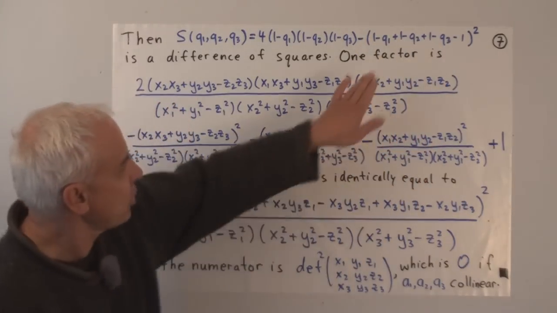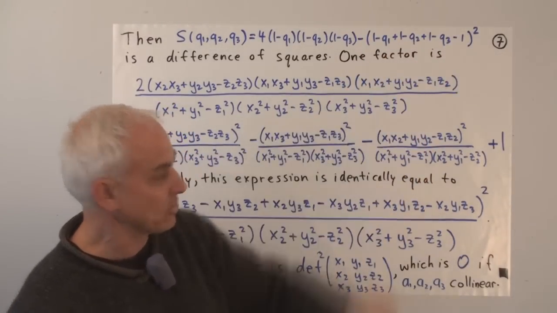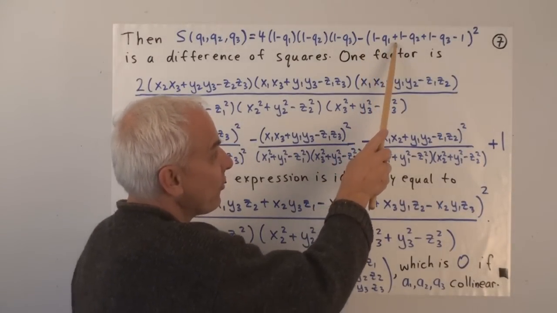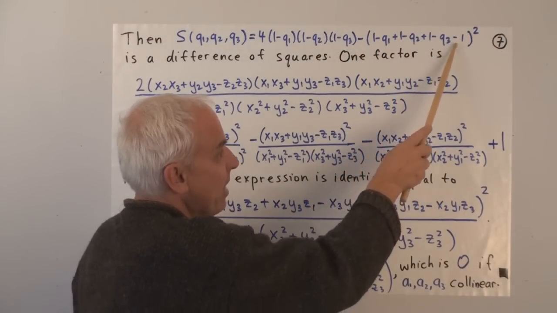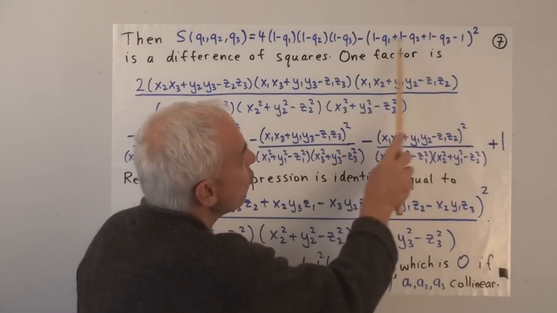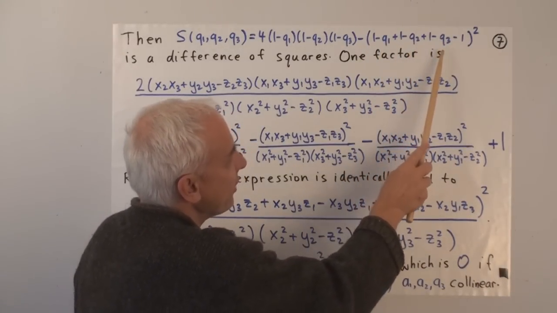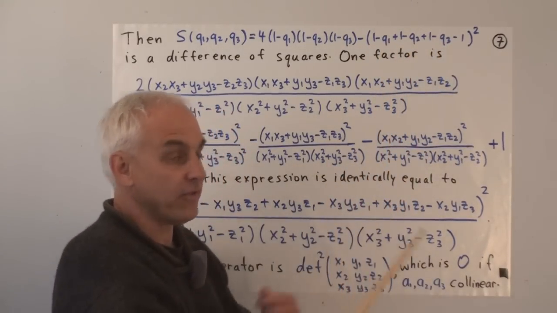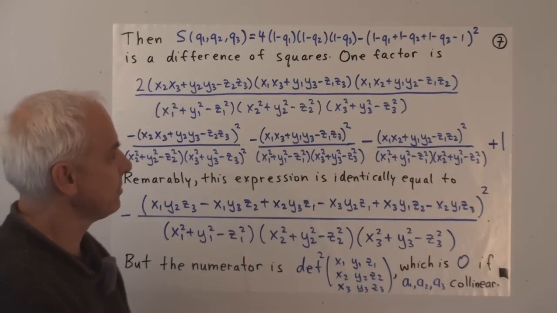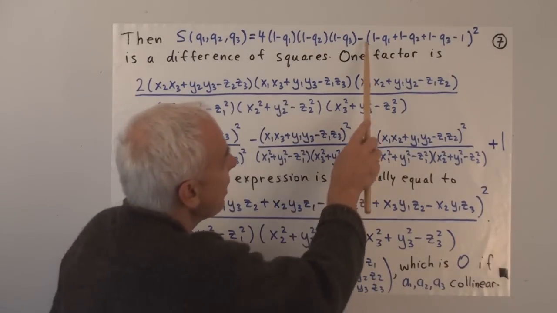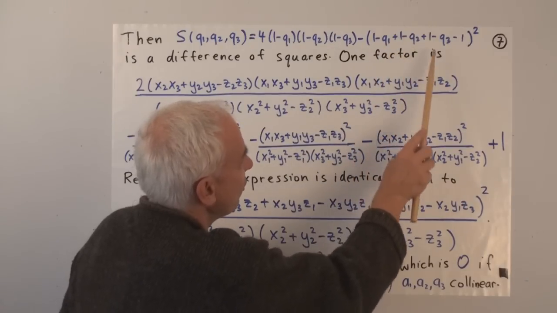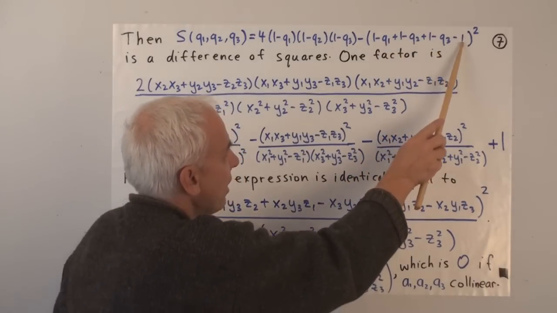And I've rewritten the q1 plus q2 plus q3 minus 2 all squared as 1 minus q1 plus 1 minus q2 plus 1 minus q3 minus 1 all squared. So that's actually 2 minus q1 minus q2 minus q3 all squared. And because it's a square, we can multiply by minus 1 inside. It doesn't change things. But if we do it that way, then the b factor is 1 minus q1 plus 1 minus q2 plus 1 minus q3 minus 1.